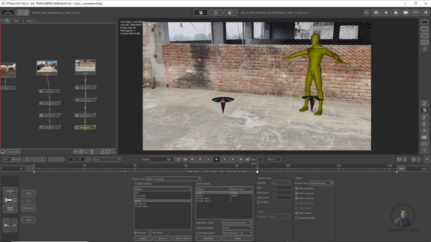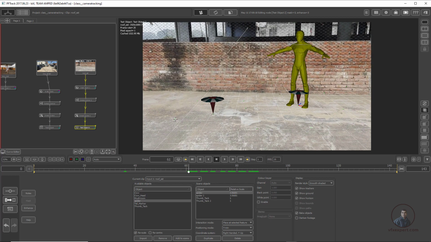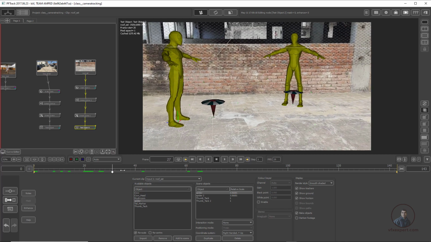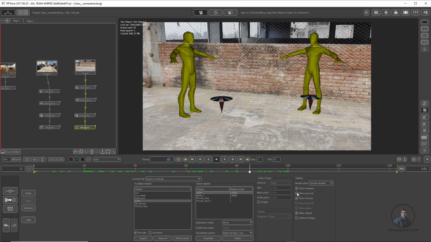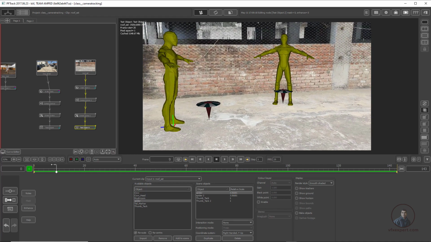Anywhere in the scene, maybe here. Then you can rotate it here. Then again simply click here, none. Now finally just play and check this one also. This is also looking good here. You can even hide all these points and the horizon from here. Now this is looking good here.